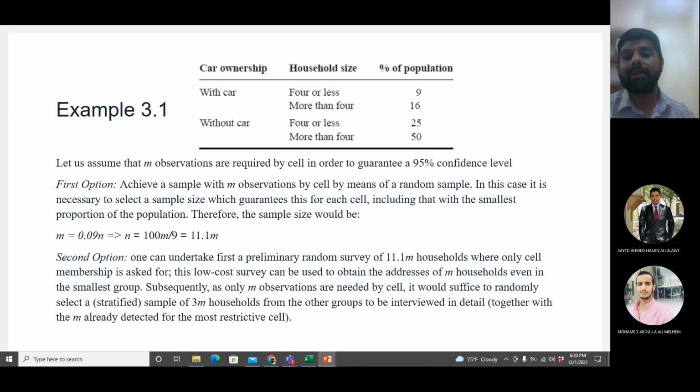If you are saying that I need 15 in each category, then n would be 15, and 11.1 into 15 will give you the number of samples. Okay, this is the first option, where you are collecting the data completely randomly. Okay, second option is